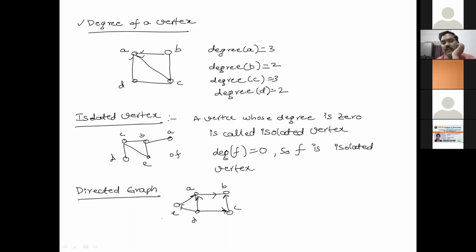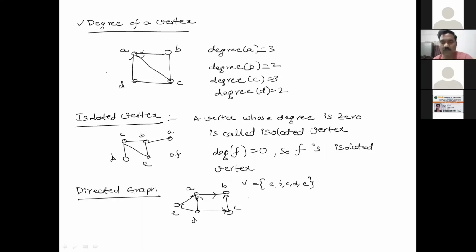So this is called a directed graph. Now the only difference is it also contains vertices. The only thing is that edges have a direction. Just in this, what are the vertices? Can anyone quickly respond? C, D, E. V equal to, in this case, the vertices are A, B, C, D, E. So the order is 5.